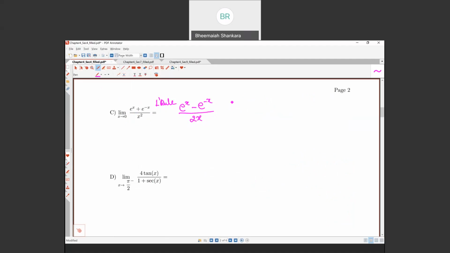Say again you want to apply L'Hopital's rule. So you have limit x approaching 0. Differentiation of exponential is the same. Differentiation of exponential negative x is negative exponential negative x. Negative times negative makes positive, divided by 2. Say at this point you want to plug in the limit x equal to 0. All you have is 1 plus 1, which is 2, divided by 2, which is 1. It's very nice, easy, fast to do like this, but you have to be very careful. And I would say that this is wrong.